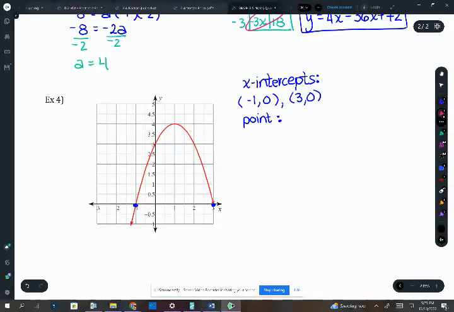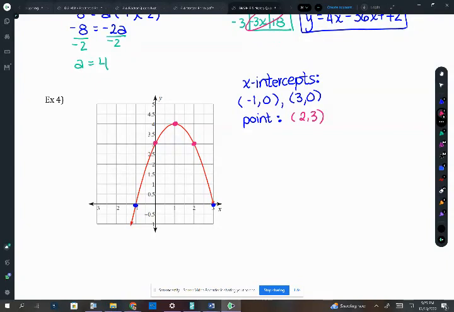You could use the point (1, 4) because you're given it. You could use the point (2, 3) if you wanted to, or you could use the point (0, 3). Any of those points would work. We're going to use the point (2, 3), it looks like. So let's use (2, 3), just because the other point in this problem is our vertex, and then our 3